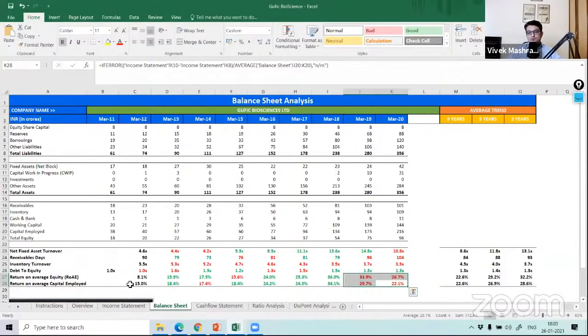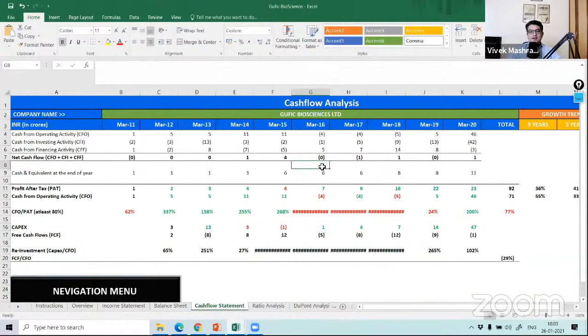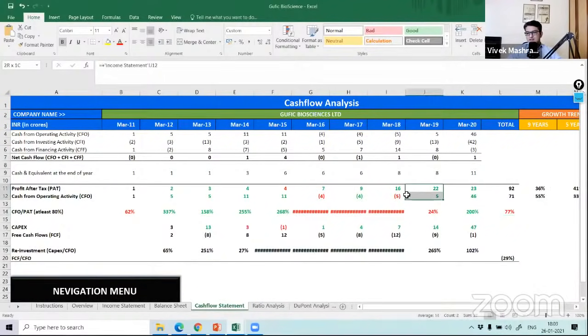Then let's come to the cash flow statement. So come there and see what's happening. Here you are seeing negative operating cash flow. Again, this is an area of concern. You should definitely look at why this cash flow is not converting. And overall also it is 77, which is decent, not that bad. But in this 1 or 2 years, there are some concerning areas. So you should check why it is happening. Again, it could be a genuine reason, but you should check it.